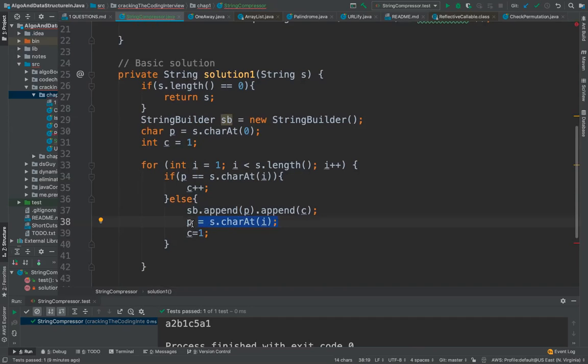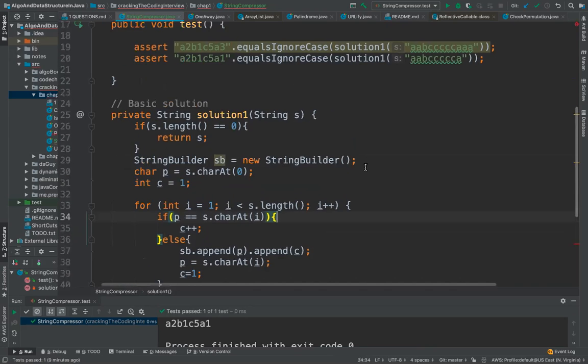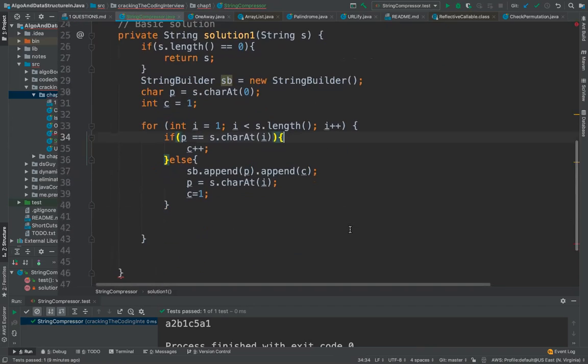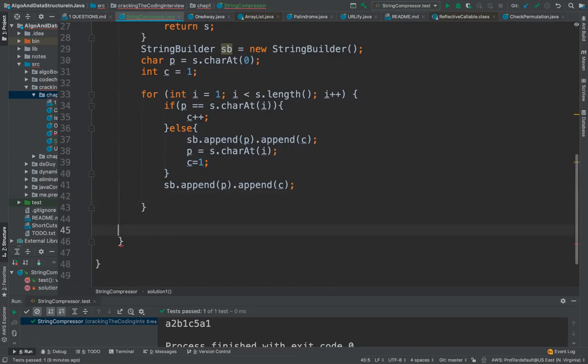You know that this is the first time the new character has arrived here, so this would be C. Another important thing: when this is the last run, for example triple A, it won't go into the else block because it would just increment the count. So this condition might not get executed there, so we have to put it over here. And once we are here, we have to return our solution.